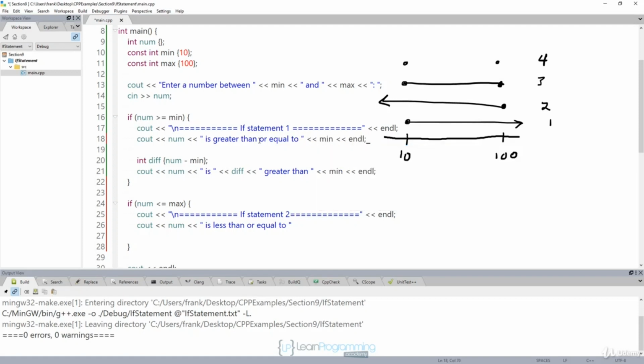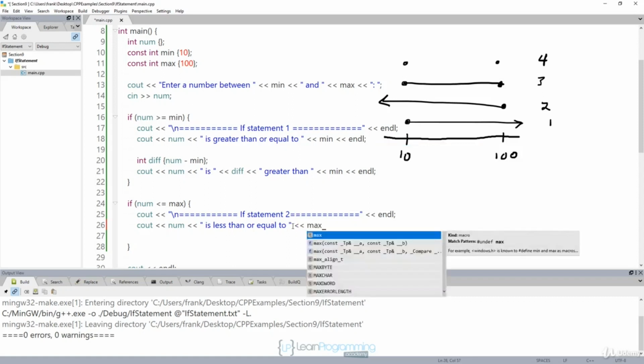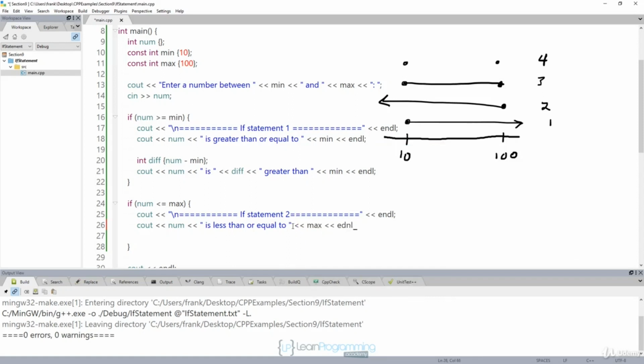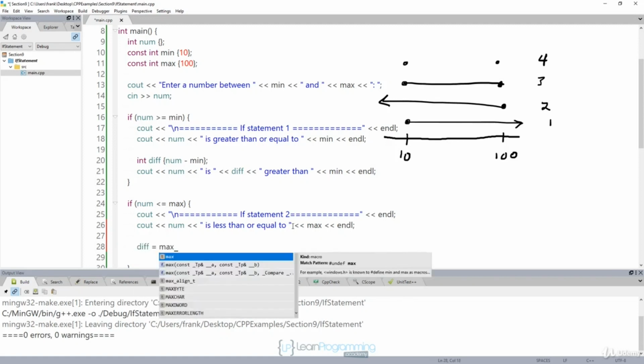Let's fix that real quick. There we go. That should do it. In this case, it's less than or equal to max. Okay, and let's do the difference here as well. Now here, if I just do something like diff is equal to max minus num,